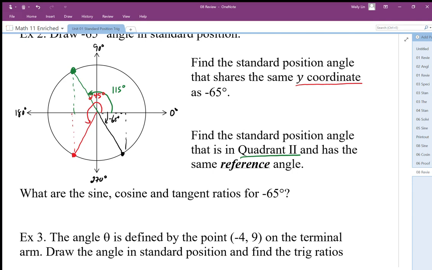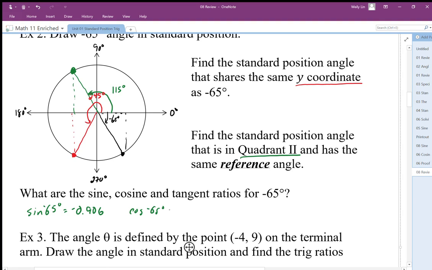values for a sine of 65 degrees. So I get sine 65 is equal to positive, it's negative 65 degrees, isn't it? So 65 degrees negative, and the sine of it is going to give me negative, so it's in quadrant 4, it's going to give me negative 0.906. Okay, cosine of negative 65 degrees